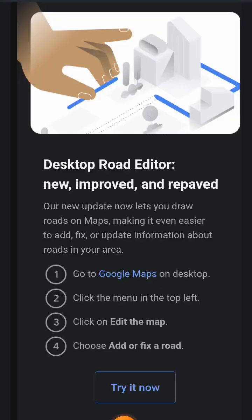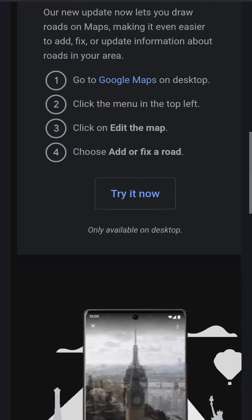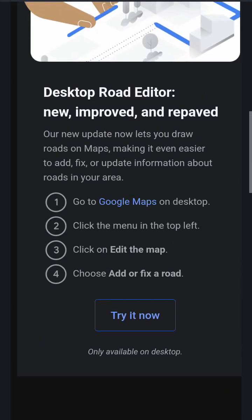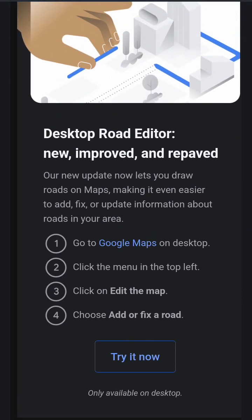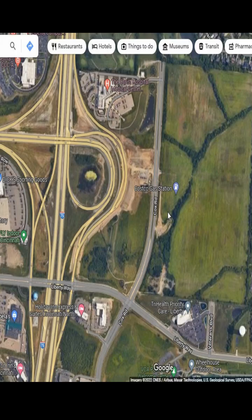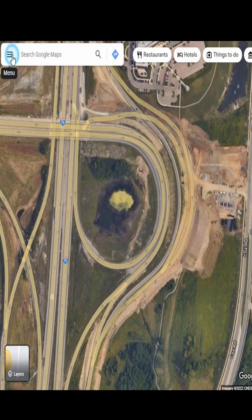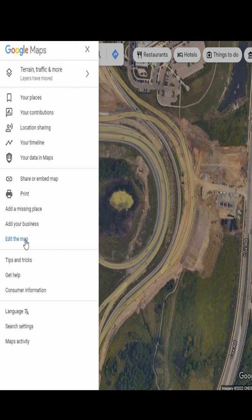Okay, let's do it. So I got this in the email, and I'm going to see if it works on my desktop. Now we got to find the road that I need to edit. All right, here we go, guys. I'm inside of my email, clicking edit the road, and it should be fun. So I've located the road. It's Cox Road. Now I have to click edit the map,